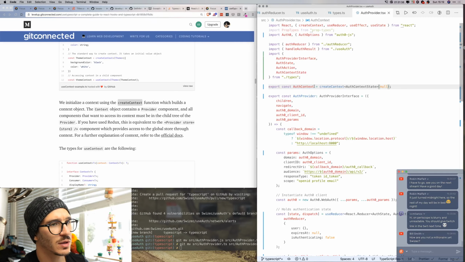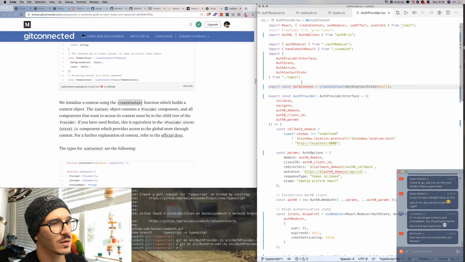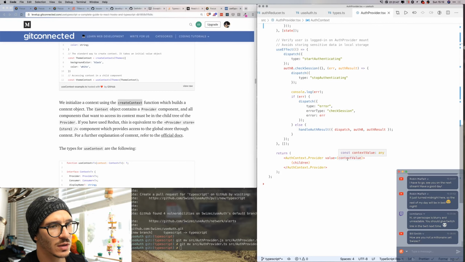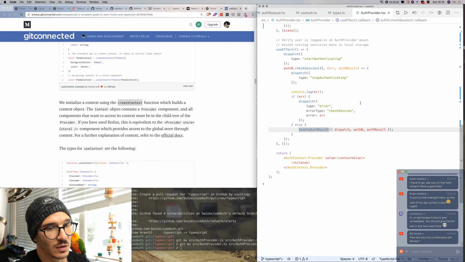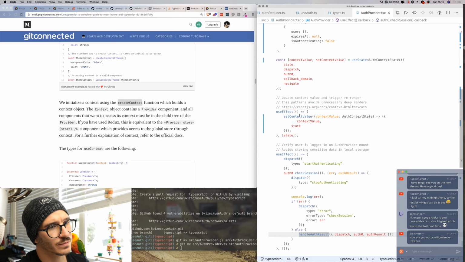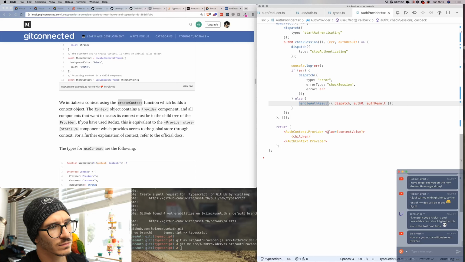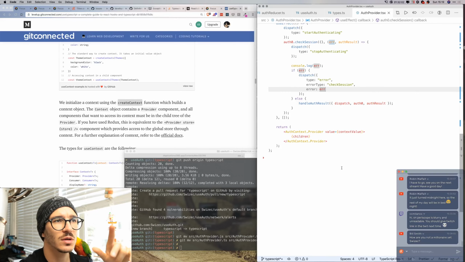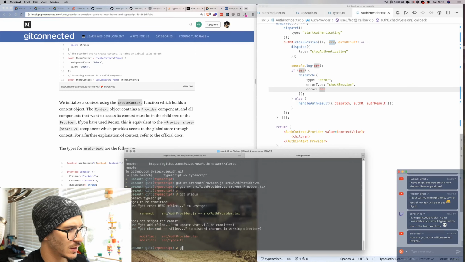It isn't smart enough, but it should be smart enough to know here that the context value is whatever. Okay, so I'm not sure if this was actually helpful, but let's see, git status, git commit -a -m